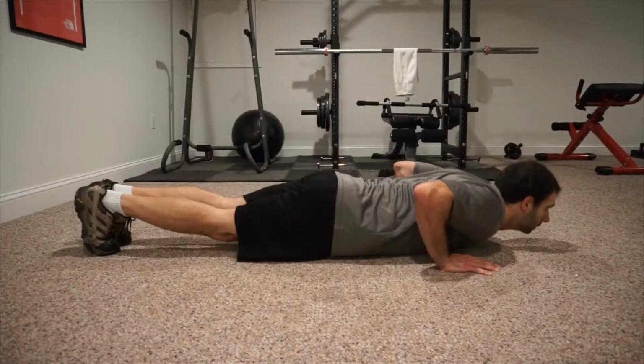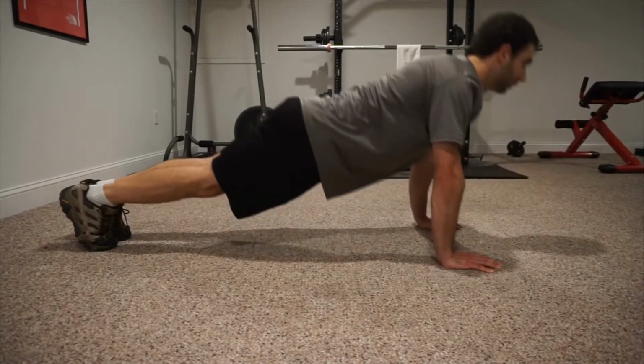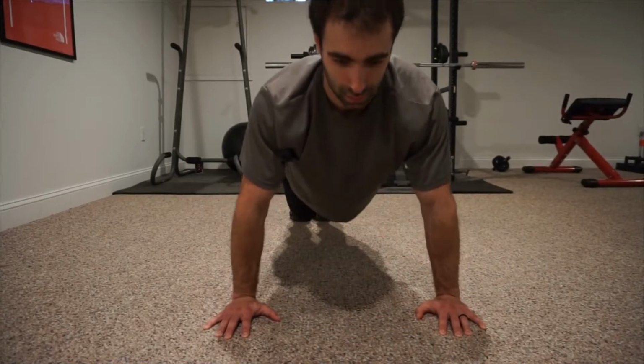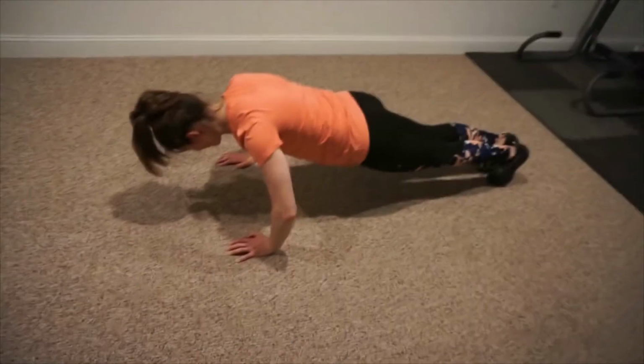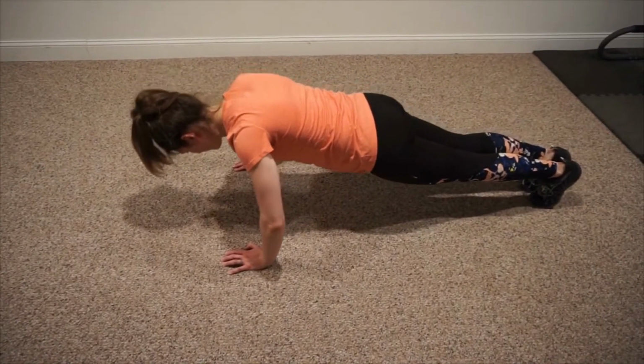Lower the body by bending the elbows, making certain that you're not dipping or arching the hips up or down. Your body should rock forward slightly on the toes. Drop as low as you are able to go, then keep your core engaged and push back up to the starting position. Careful not to arch or S your back while pushing up. Decrease your range of motion by dropping only a few inches until this move gets easier. Try your best to stay on your toes rather than dropping to your knees in order to progress the range